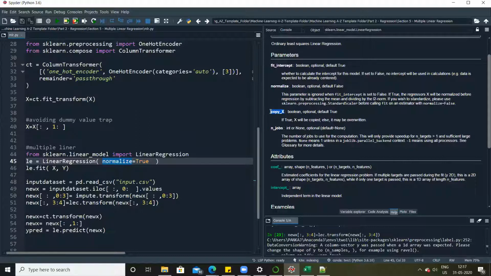Copy underscore x. I think this is for the modification of the data set. It says it's true by default, x will be copied, otherwise it will be overwritten. To be honest, I am not much sure what this parameter is about, but what I get a feeling is that it works on a separate copy of x instead of overwriting the original one.